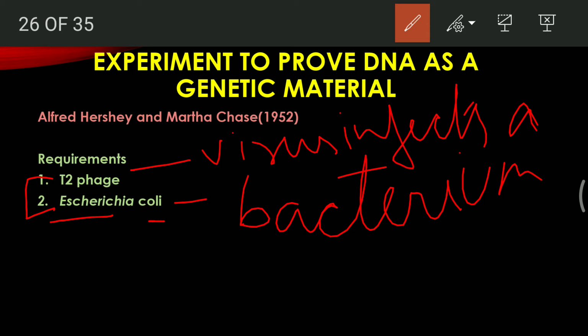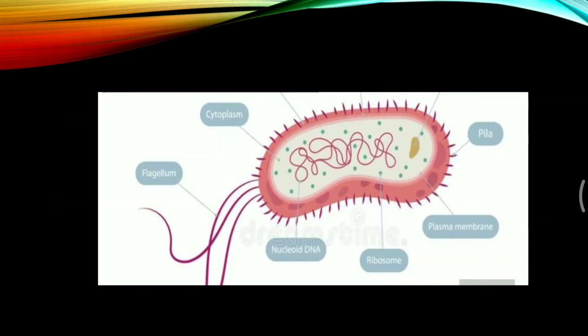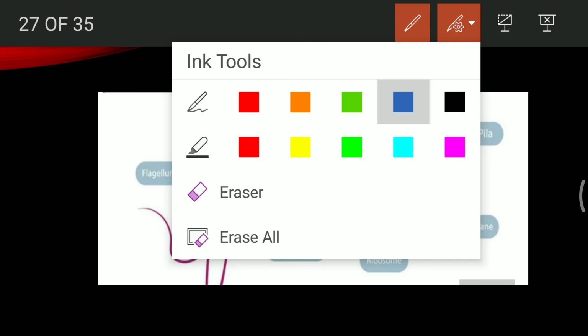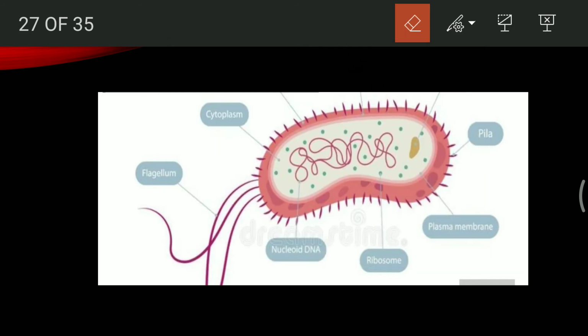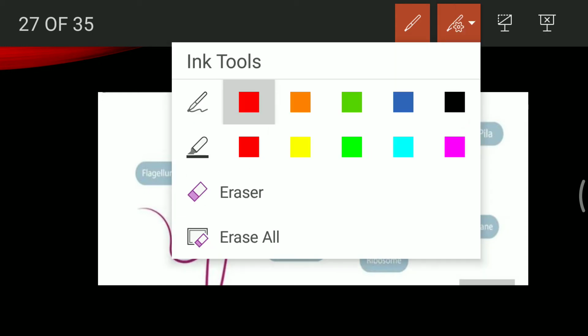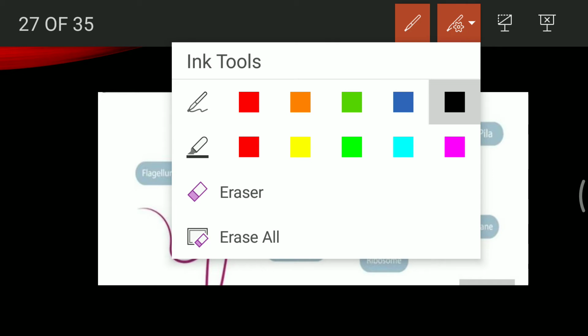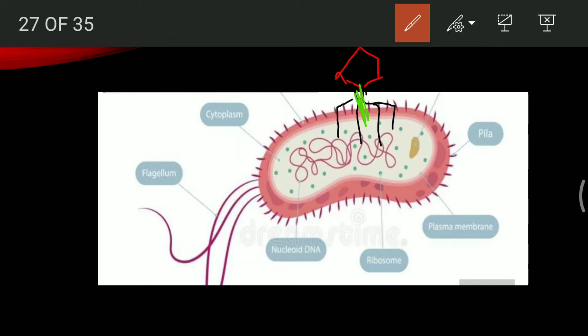experiment. What we do is we take this E. coli, and on this E. coli there is an attack of the T2 phage. T2 phage looks somewhat like this. The structure is not properly made. So the structure of the T2 phage is such that it has a protein coat. I'm unable to make it, but still I hope you all will be able to see it, it has some kind of legs, and along with it there is a pipe which is known as a collar.